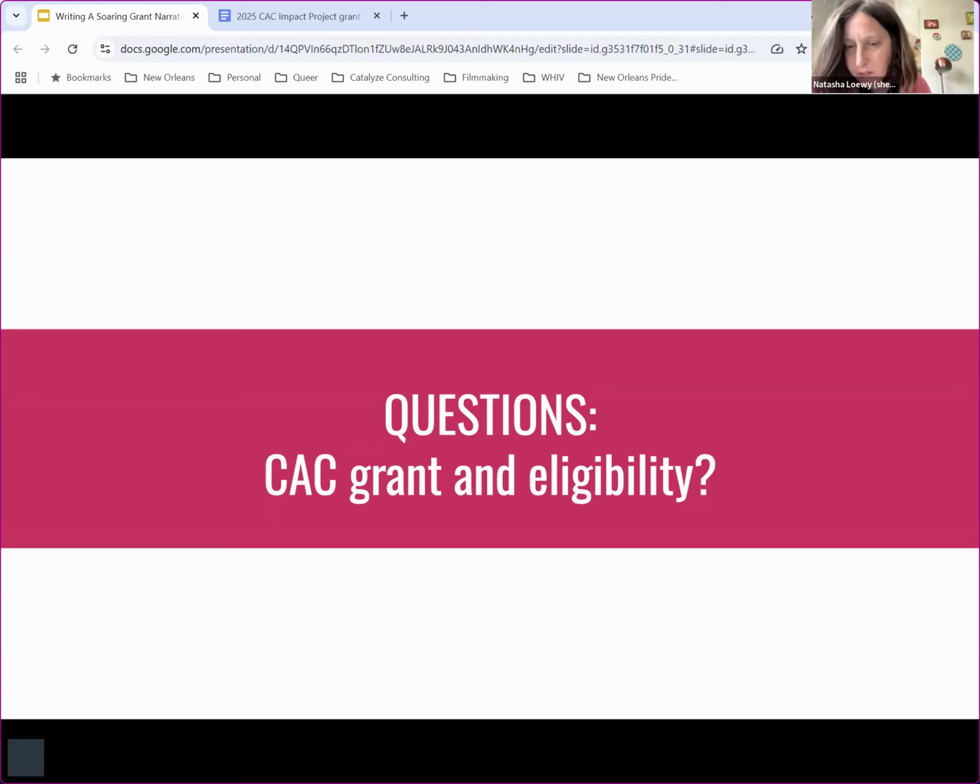I have a question. Okay, so you mentioned that we can't apply for impact and arts and youth. I'm wondering if you can apply for general operating and either impact or arts and youth. Yes, you are able to apply for both of those. Does that look weird to apply for two? I don't think so. And I've had organizations that I worked with get both of them before on the same grant. Oh wow. Okay. Thank you. I think that if you feel like you've got solid programming and want to go for both, and again, have that requirement met around the Secretary of State, then absolutely go for it.